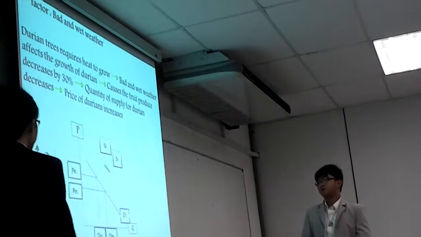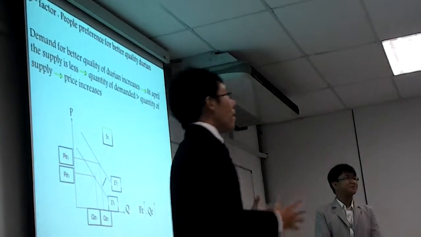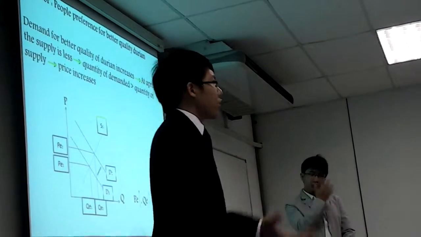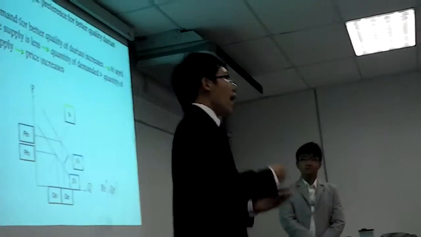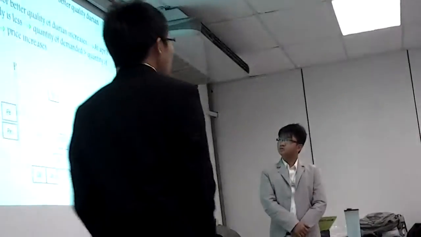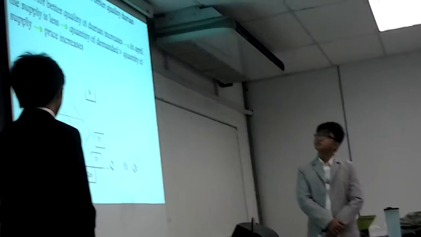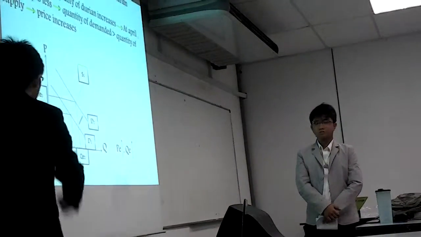equilibrium quantity has decreased. And the third factor is due to the people's preference for a better quality of durian. Nowadays, people no longer just go ahead and say, I want a durian, but instead, they demand durian such as Musang King, D24, XO. So, as we recall, in April, the supply is less. So the quantity of demand is once again more than the quantity of supply. And this causes the price to increase. As you can see from this graph, the demand curve has shifted right, causing the equilibrium price to increase once